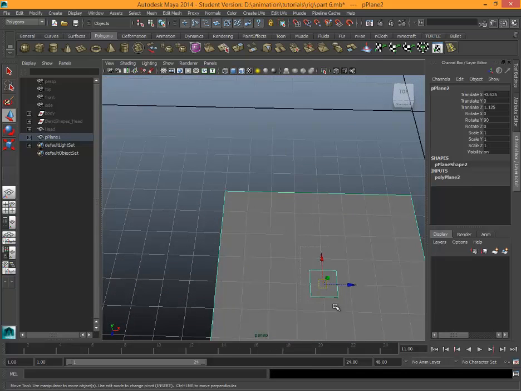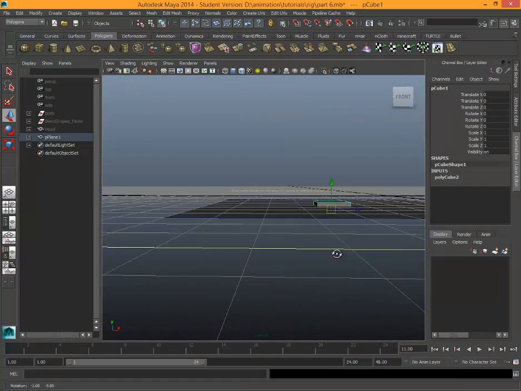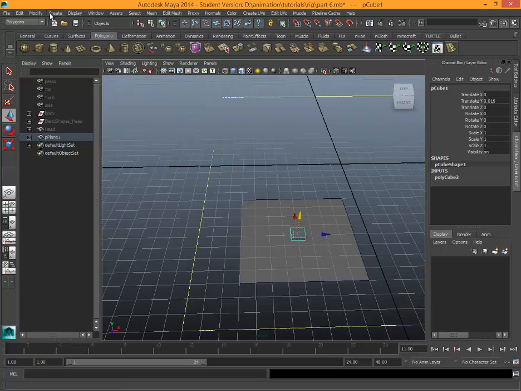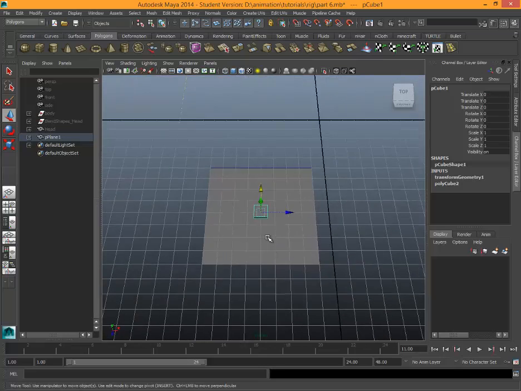So the only thing, I'm gonna need a small one. Make sure it's on top of the plane. And actually I'm gonna freeze its transformations. So +5, -5, +5, -5.5. So yeah,